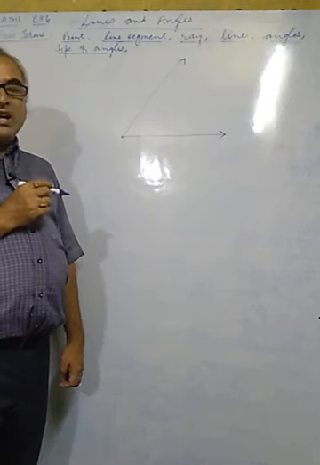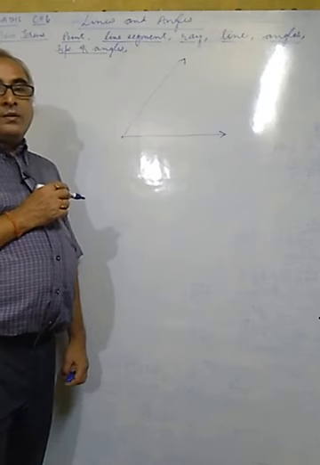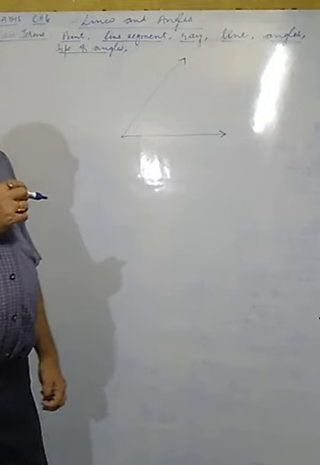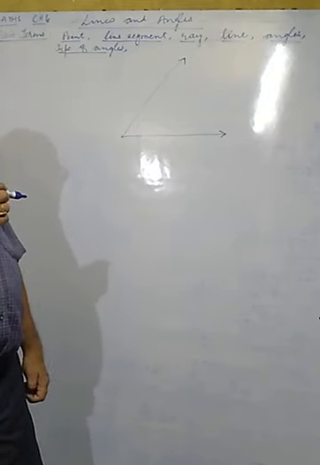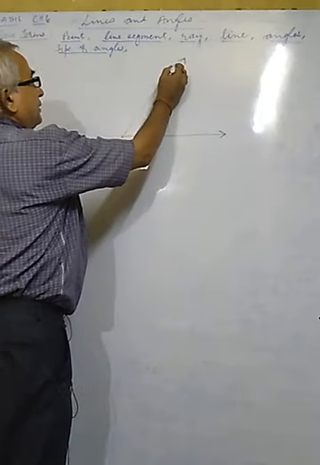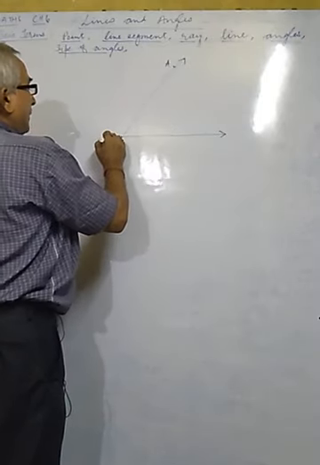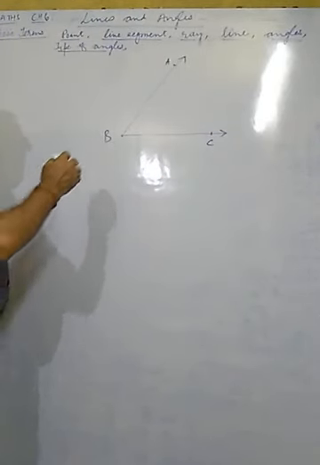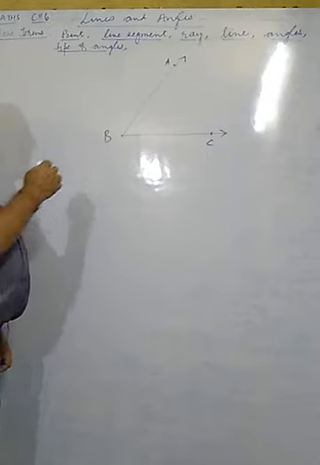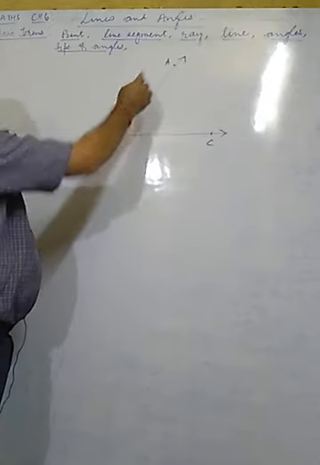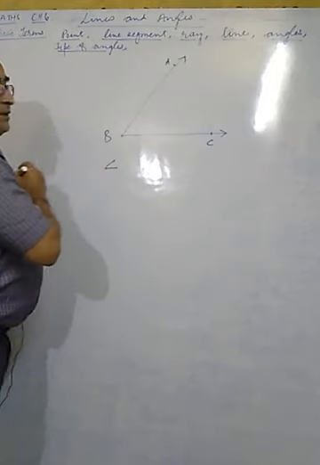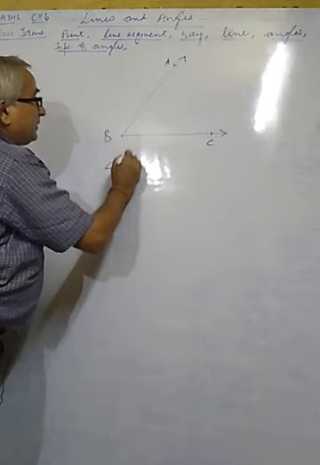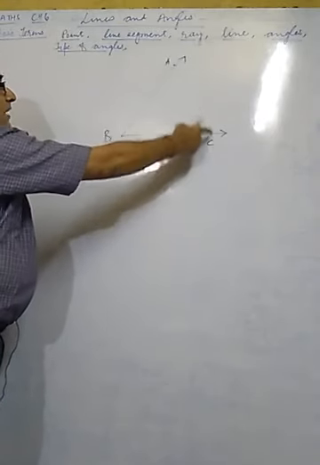Clear? How can we represent this? The general method of representing is we have to take three letters of the capital alphabet to represent any angle. Suppose this one is A, this point is B, this point is C. How to represent this angle? We can note down this angle as angle. This is the symbol of angle. Now we have to start our journey either from A or from C.